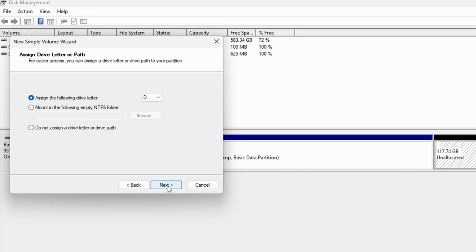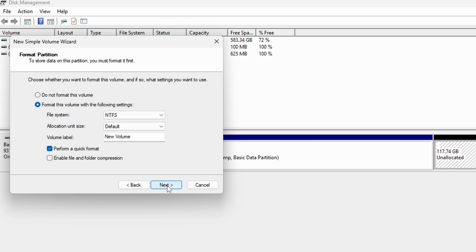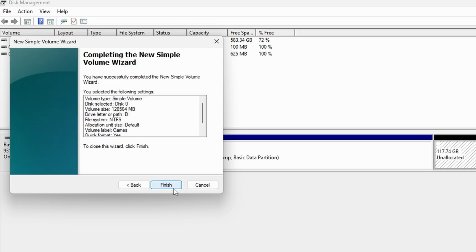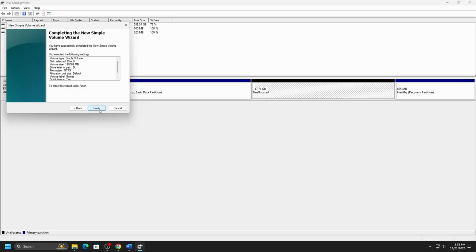Select NTFS under the File System drop-down menu. Select the default option under the Allocation Unit Size drop-down menu. In the Volume Label field, type a descriptive name for the drive, or you may leave it as the default option for the drive. Check the Perform a Quick Format option if not already checked. Unless necessary, do not check the Enable File and Folder Compression option. Click the Next button, and you'll see a review of all the settings just selected, and then click on Finish